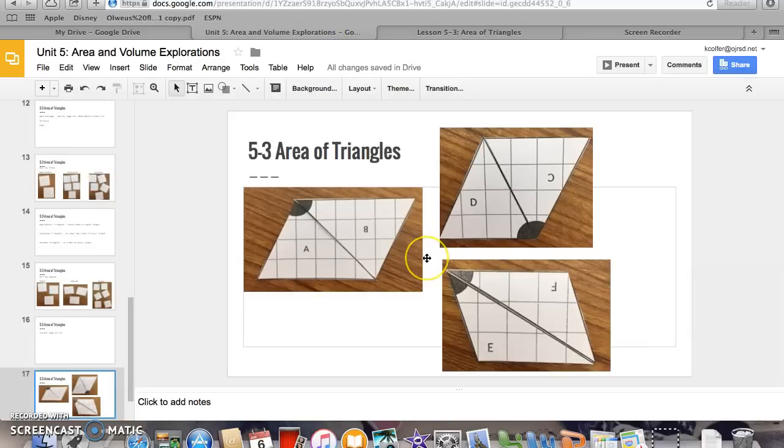So again, this is what your parallelogram should look like when you combine those two triangles. Notice that they're the same triangle, they just have a different corner that's shaded in. Here we have the same triangle, the same triangle. So the area of that parallelogram is going to be double the area of one single triangle. I want you to keep that in mind when you're working through today's lesson and you're discovering how to find the area of that triangle, using what you know about